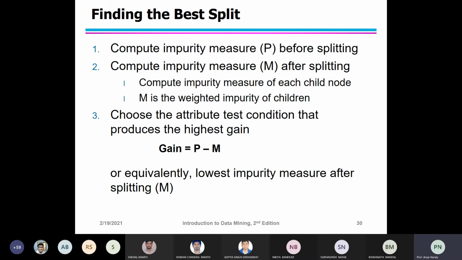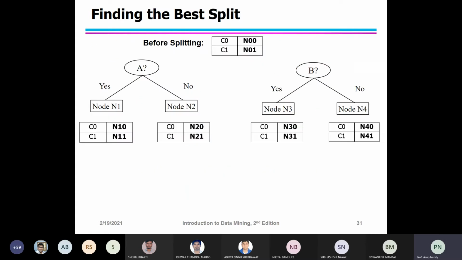While testing the conditions for goodness of fit, when you use the Gini index you compute the gain, but when you use entropy as the impurity measure you have to compute the information gain. There is a formula for the information gain. Before splitting you have one condition; after splitting you compute, for n1 and n2 at each node, the weighted average impurity measure.